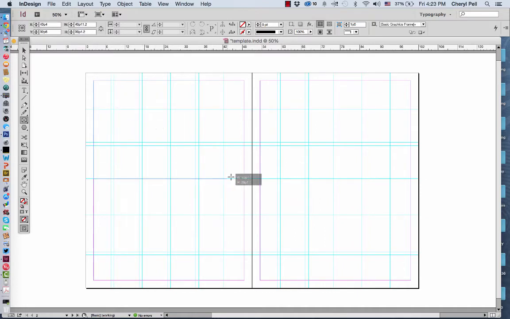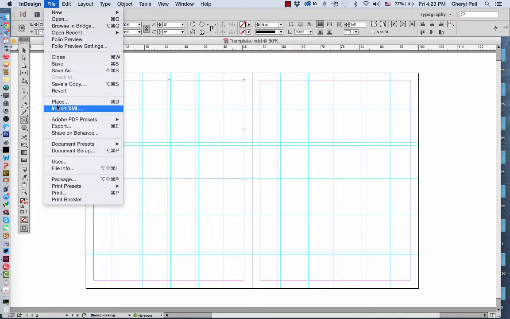And I'm going to bring it down. It's going to be a nice big dominant photo. Every two-page spread should have a dominant element of some type. So the next thing I'm going to do after I've drawn that, and see how nicely it aligns on my grid there, it's very nicely set up, I'm going to go up to File, and I'm going to say Place,